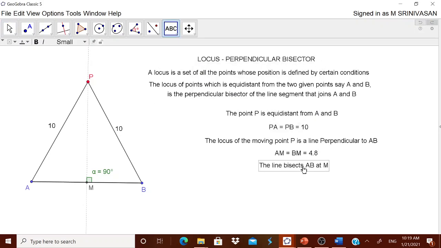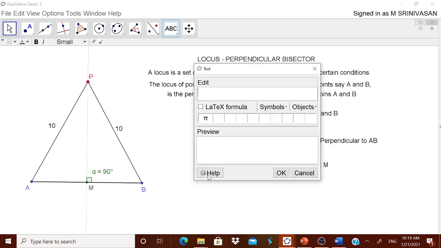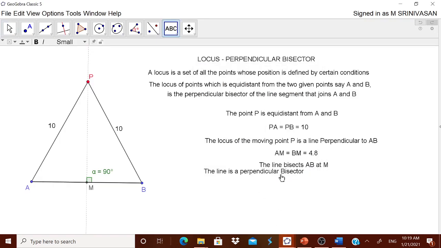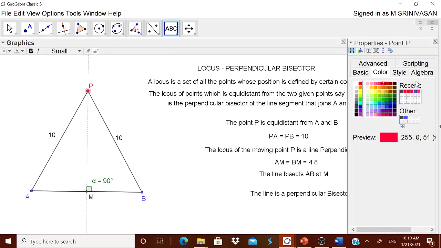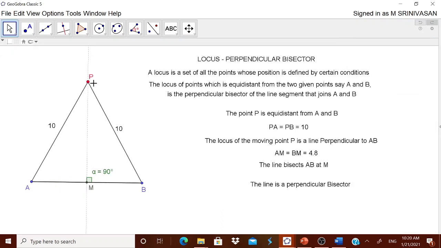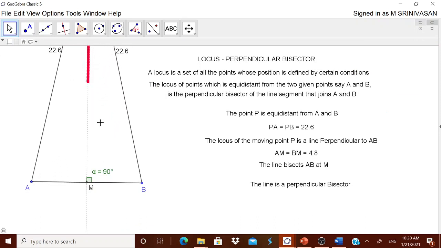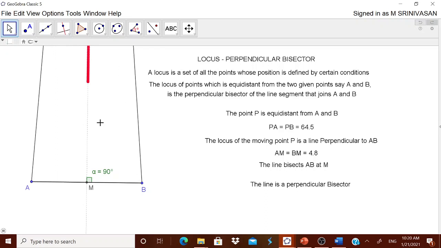These are the statements which will make the idea very clear. You see, first it is perpendicular and it bisects. Therefore, it is a perpendicular bisector. It will help the children come to the conclusion of why it is the perpendicular bisector. Any number of times the child can come and visualize it. Already I have told you that you can right-click, go to the object properties, and in algebra you can control the speed as 0.5, for example. Then you can have it as oscillating. Then when you turn the animation on, it will go very slowly. Is it okay? Now you can have it as either decreasing or increasing or whatever may be.